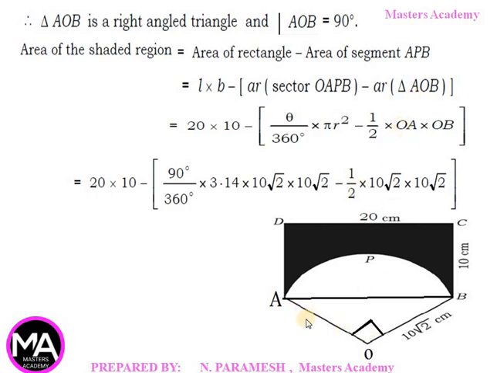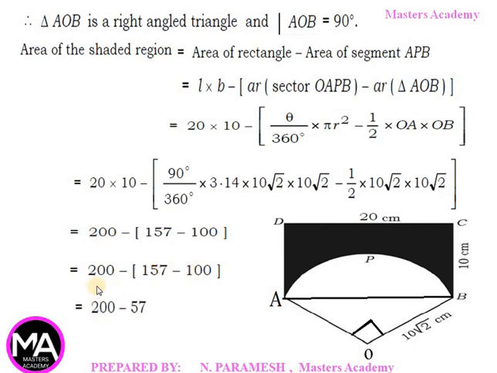into OA is 10 root 2 into OB is 10 root 2. That is equal to 20 into 10 is 200 minus, after simplifying this we are getting 157, minus 100. That is equal to 200 minus 157 minus 100, is equal to 200 minus 57, that is equal to 143 centimeter square, that is the area of the shaded